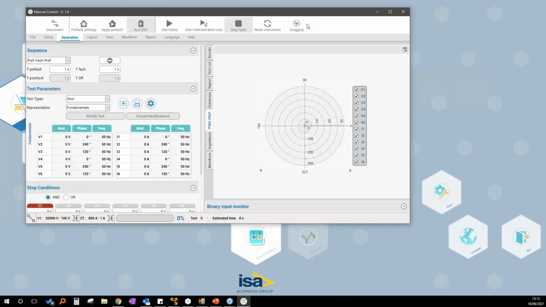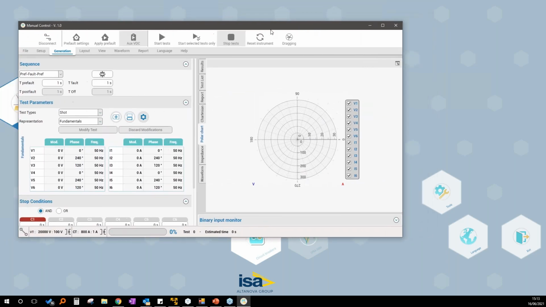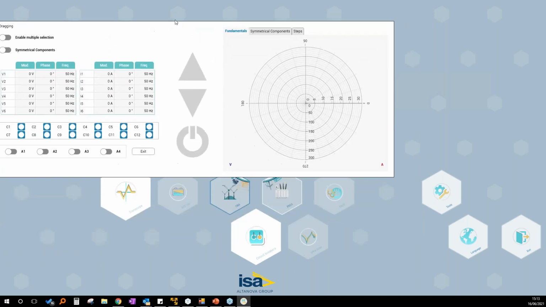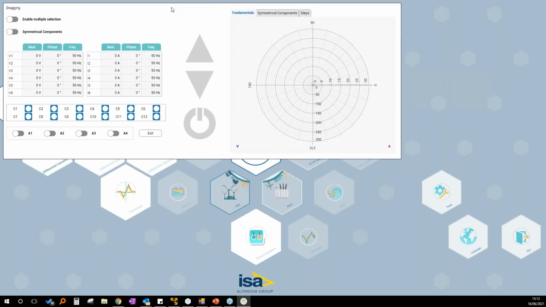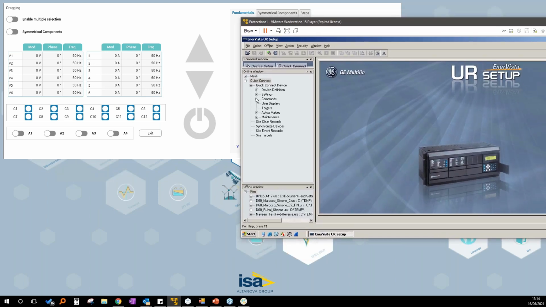I have to move to a second screen, otherwise this will not give me the possibility to do this. Here I will write the current that I'm going to generate with the DRTS, and here I will see the current I'm measuring.